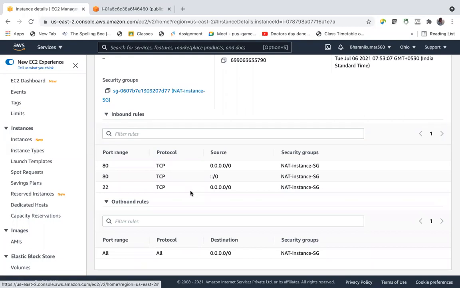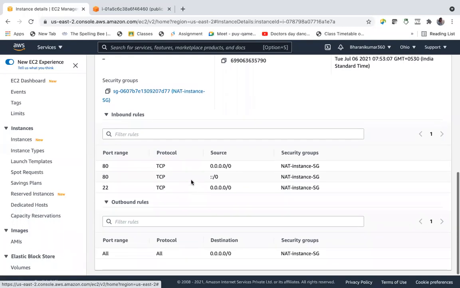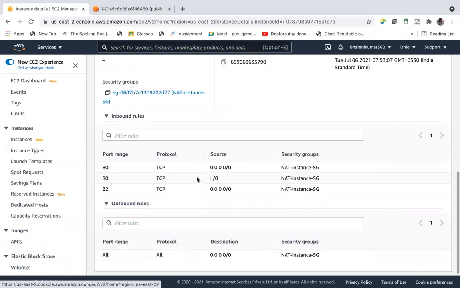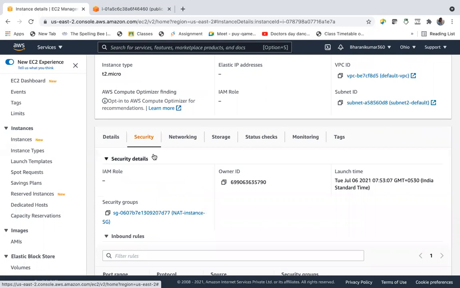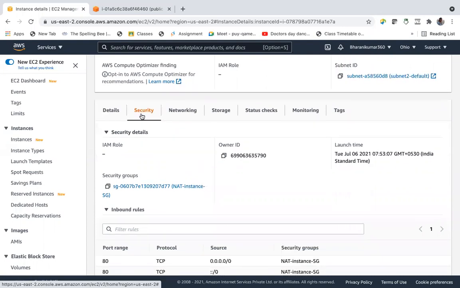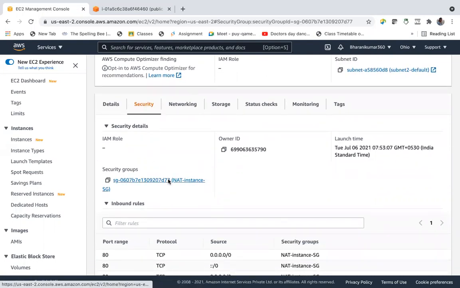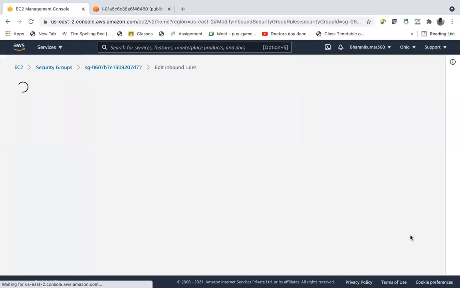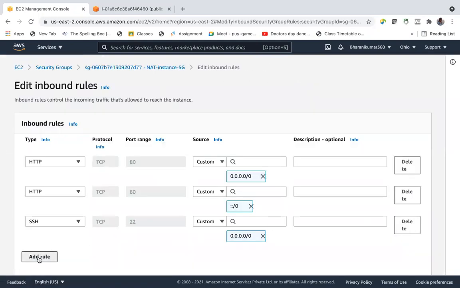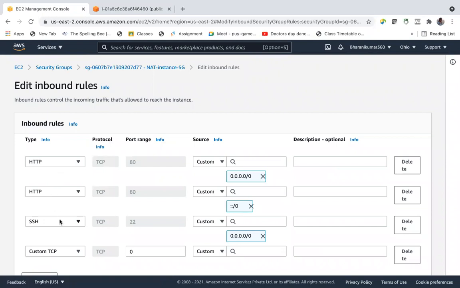It has to allow traffic and route the traffic to the other EC2 instance. So we have to edit the security group. Edit inbound rules, add a rule. We have HTTP, we have SSH.